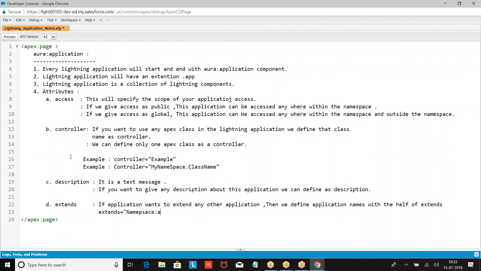Namespace colon application. If an application wants to extend another application, then we define the other application name with the help of extends: extends equal to namespace colon application.